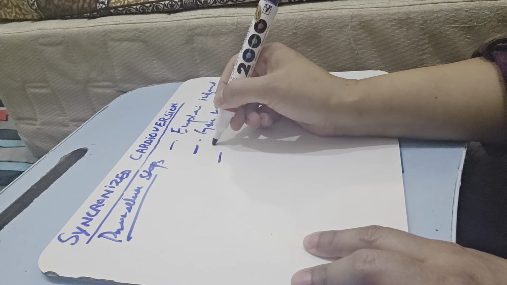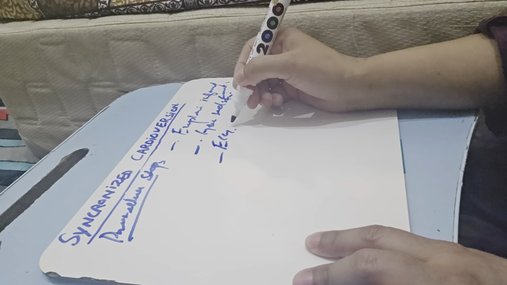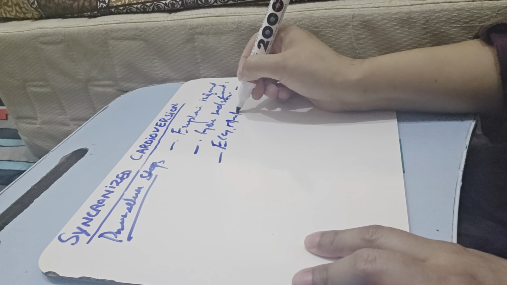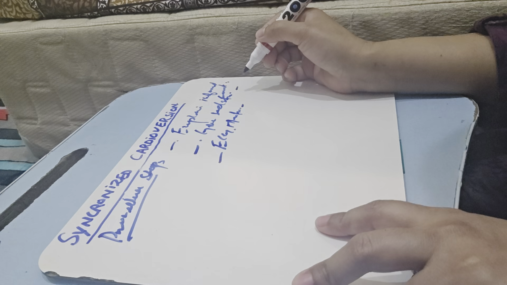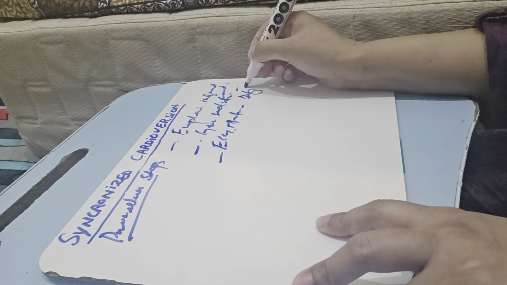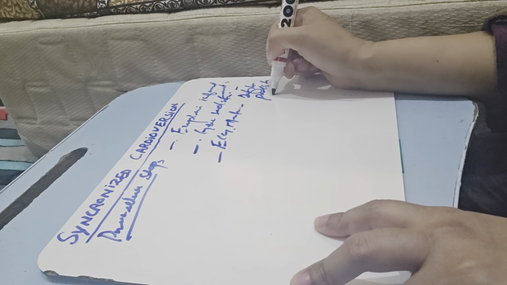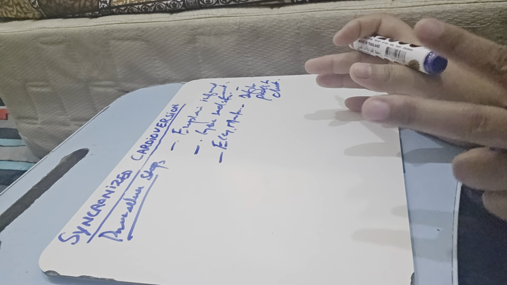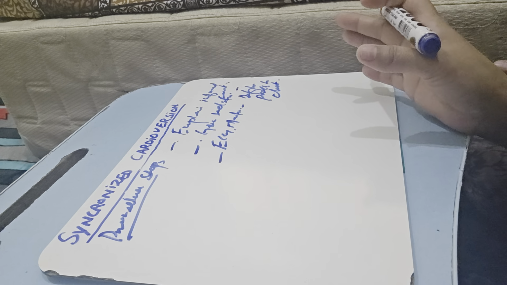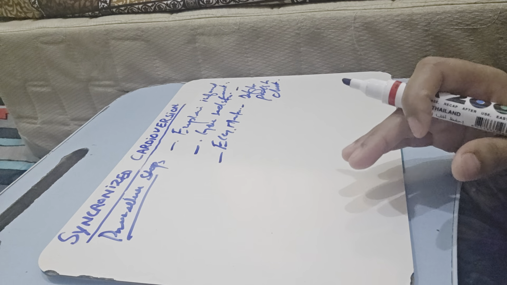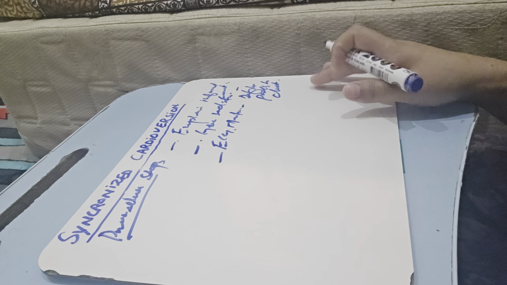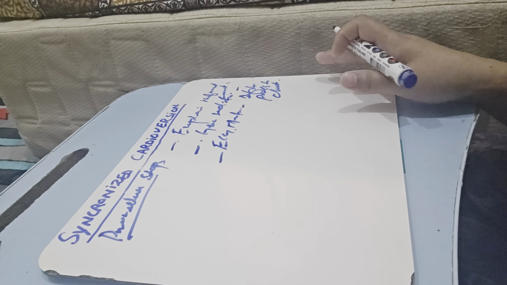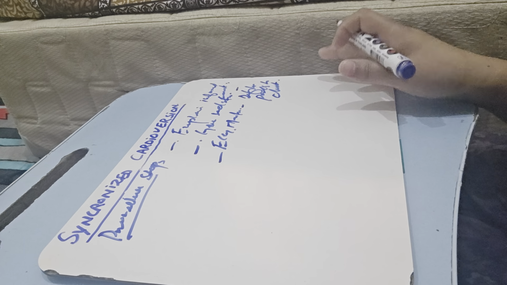Number three, attach the ECG monitor and defibrillator pads to the chest, because the heart rhythm can change anytime. Maybe during cardioversion the heart rhythm will go to ventricular fibrillation. So always prepare the patient, and the defibrillator pads should always be on the chest.